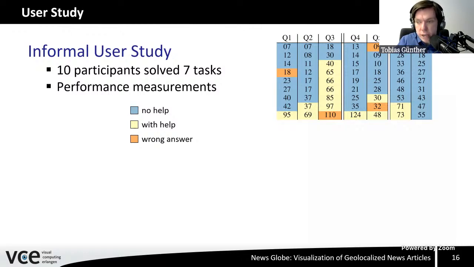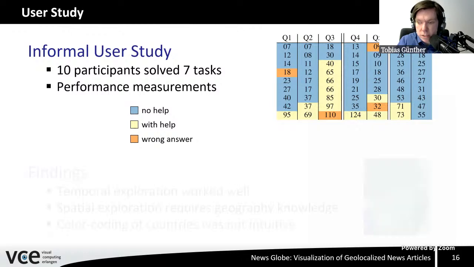In the table on the right, we can see the response time of the participants in seconds. The timings are grouped here column-wise by task and are sorted by time for each question in increasing order. It can be seen that most questions have been answered correctly in a short time, which is shown in blue. Once help was needed, which is shown in yellow, participants tended to take a little bit longer to answer the question. We hinted which feature to use not earlier than 25 seconds, and only when they were lost and didn't know how to approach the problem. Wrong answers are shown in orange.